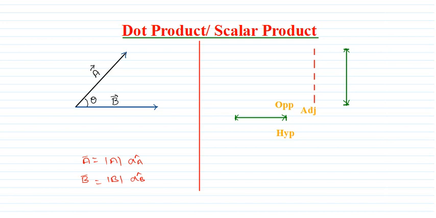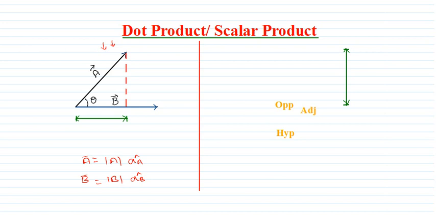Now, after knowing this, what do we do? Let us drop a perpendicular from the tip of vector A to the B vector. Then we will get the length of vector A along the B vector. Suppose you imagine that we are going to shine some light here, so the shadow of this vector A is going to fall along the B vector. That is the magnitude of vector A along the B direction.